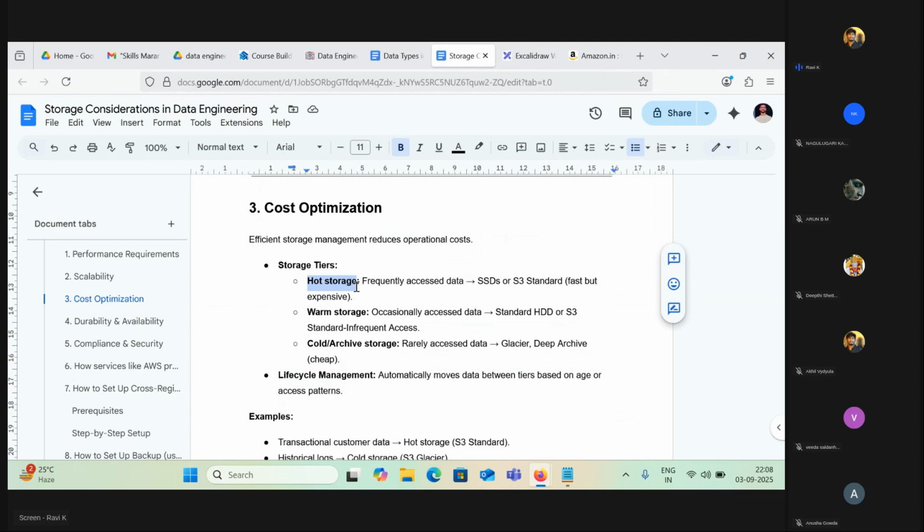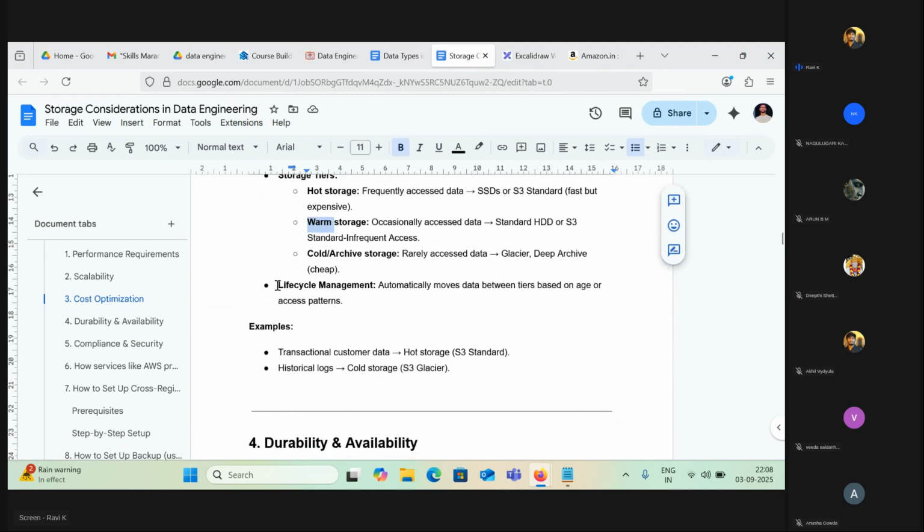Those 10 transactions it will put in hot storage, and you occasionally check the last 1 month of data or something. You want to check your credit card transactions or something like that. They will put that in warm storage, and they will put the entire last 11 months or 10 months of data in cold or archive storage. Because this is rarely accessed, right? You won't look for all your 1 year of transactions every day. You will most often look at the last 10 days of transactions or just the last 1 month. That's it. So that's why we need to put these files, or your transaction details, in these storages: hot, warm, and cold storage.